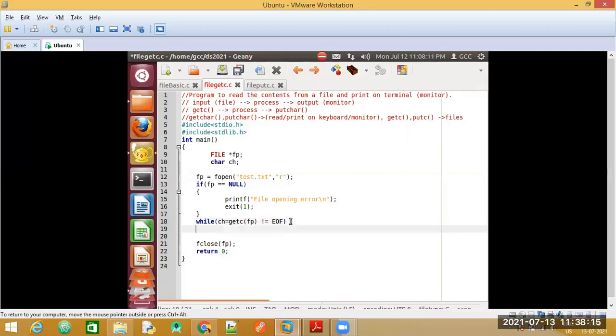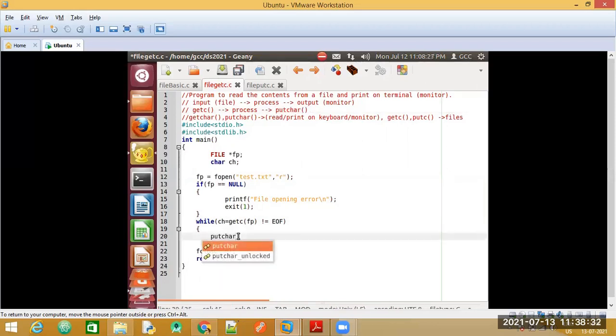Inside this, as and when we go on reading, we will display it on the monitor. To display on the monitor, we need the function putchar. We will write putchar and pass this variable ch, which is holding the characters one by one.